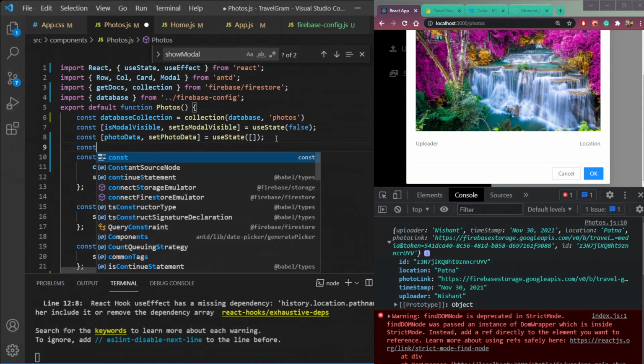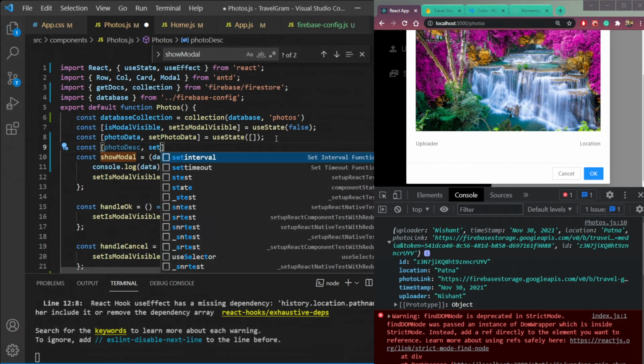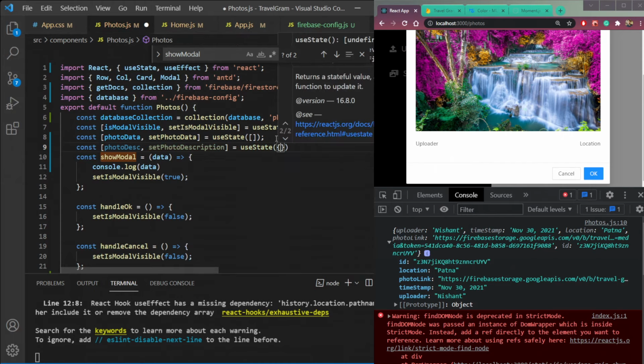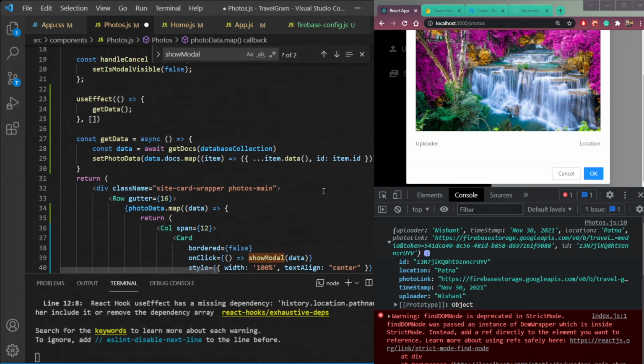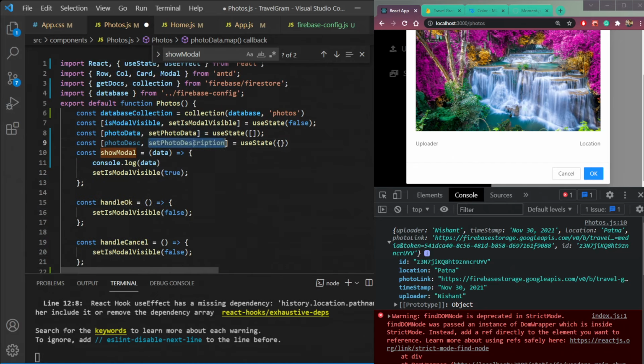So const photo description set photo description, and this will be an object. Use state and an object, because this is an object we are sending at the top. So okay, it's here. So we will just send this photo description, set photo description to this data, and just